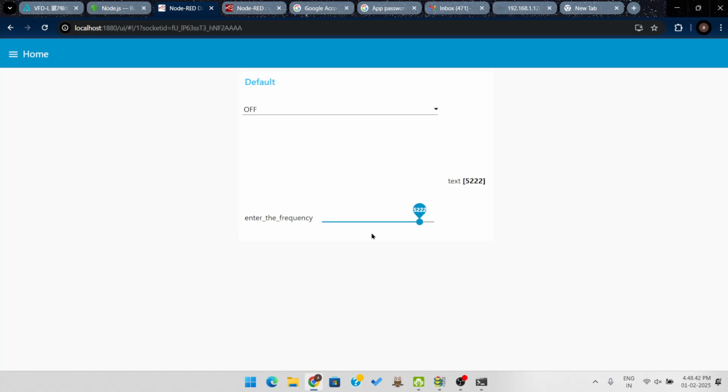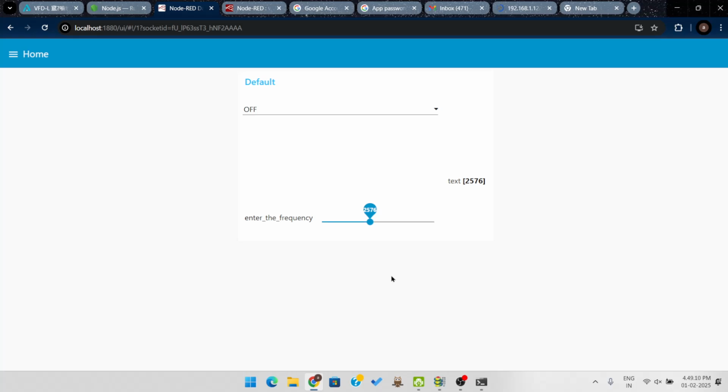Okay, so like this. Now my smartphone is connected to the same Wi-Fi, so I have access to this same dashboard. Now I will control the frequency through my smartphone. You can see I am changing it from my smartphone here. Okay, so if I give forward, I can do this also through the LAN network, local